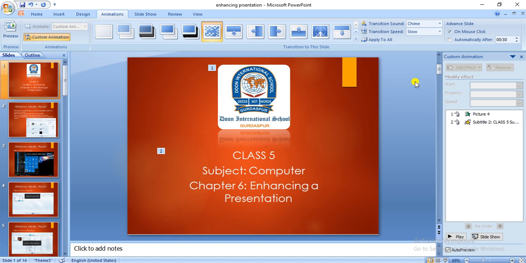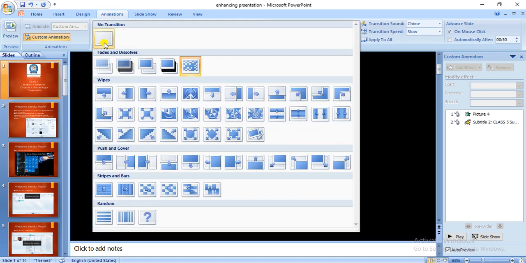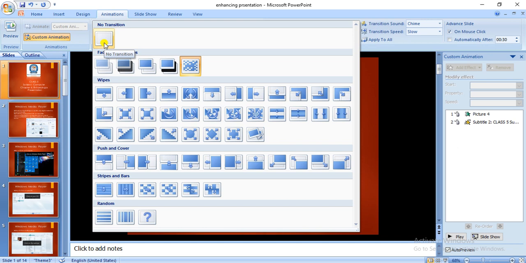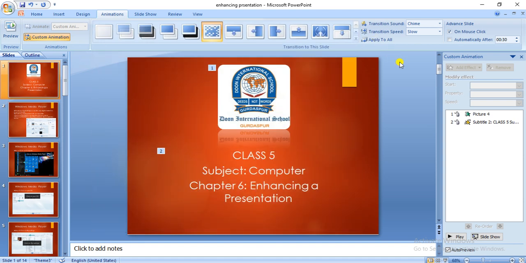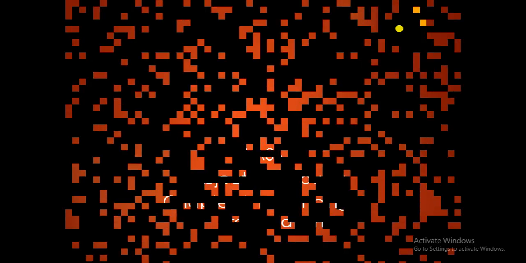So to remove a transition effect from the slide, you can simply go to the slide navigation pane and you can click on the none option or no transition option present over here. Okay, click on none and apply to all, the transition effect will be removed. So this is how you can remove the transition effect from the slide. And there is a keyboard shortcut also. While pressing the F5 key, you can begin the slideshow. Okay, so simply I'll click on the F5 key and you will see my presentation slideshow begins.